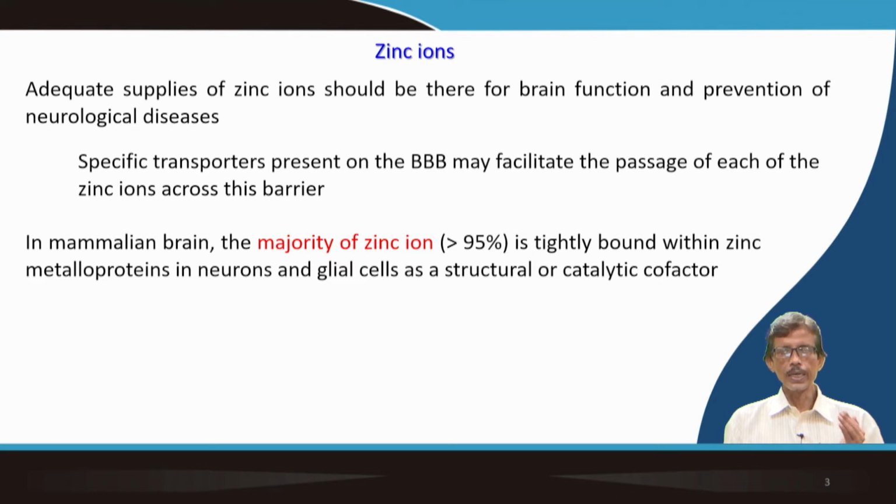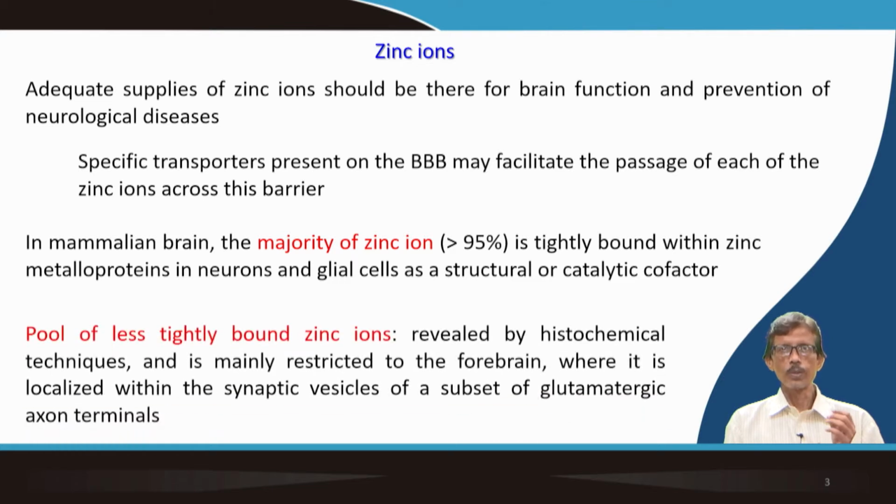So, similarly here also for the two types of cell, the neuron cells and the glial cells, in one case it is functioning as a structural role like that of your SOD, and in the other case it can function as your catalytic cofactor like that of your carbonic anhydrase. We know that is the zinc-centered reaction, and that will only be achieved through the presence of zinc ions. So, if we take the next category of zinc ions, the majority of zinc ions is 95%